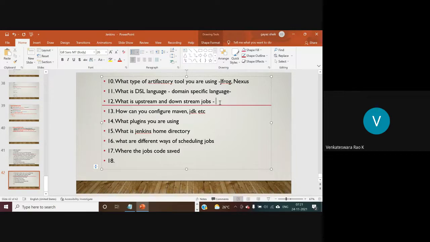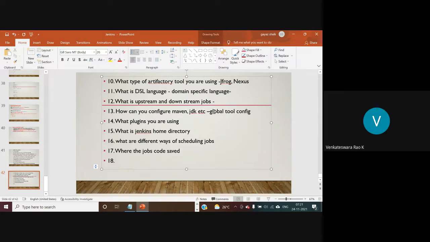Then they will ask how you can configure Maven, Java, Git, all these third-party tools in your Jenkins. We have to go to global tool configurations.